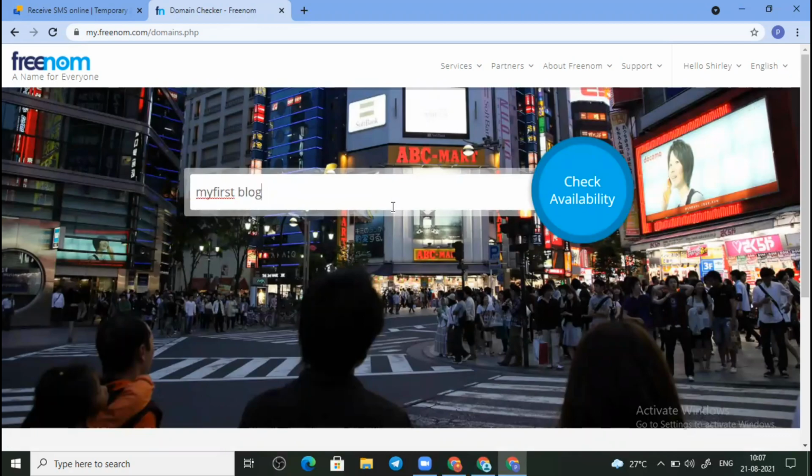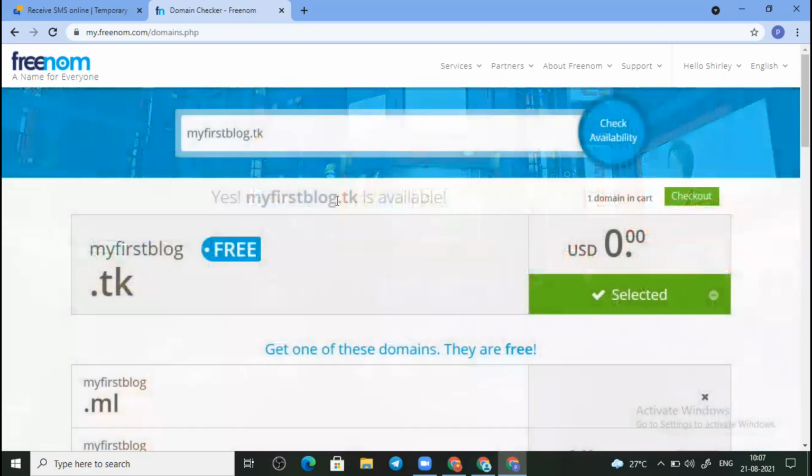But sometimes it show like not available something. That's why I prefer, or I'll suggest you to write it with extension. First check what all are the extension freely available, and then just write it with the extension. Now it is selected automatically. Just click on the checkout option again.